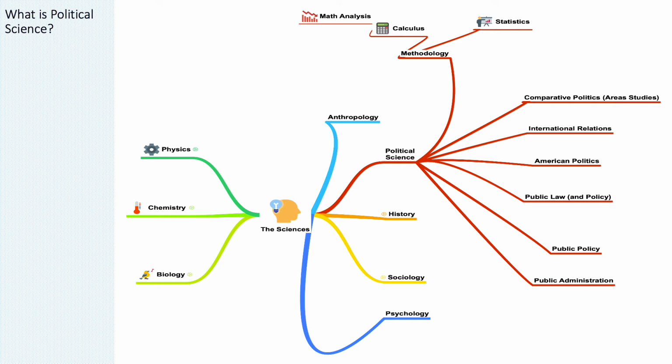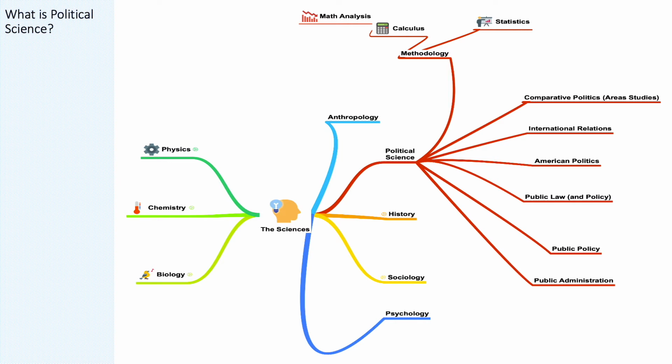Then there is public law and policy. And if you're taking this course as a Bill of Rights course, then this is what we're going to emphasize, public law. Now, depending on which school you go to, sometimes it's called public law, sometimes it's also called public law and policy, and that's why I put the words and policy in parentheses. The idea here is that even as courts decide what the law is and make their decisions, they make policy as a result. They may not be making the law, strictly speaking, but as a result of their decision, they actually are shaping public policy.